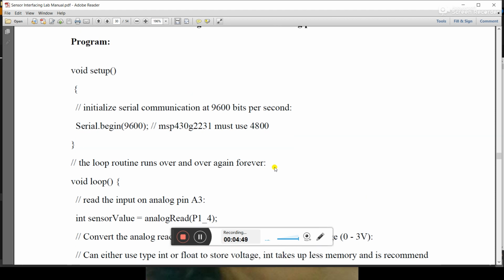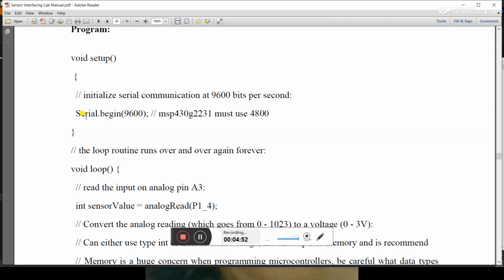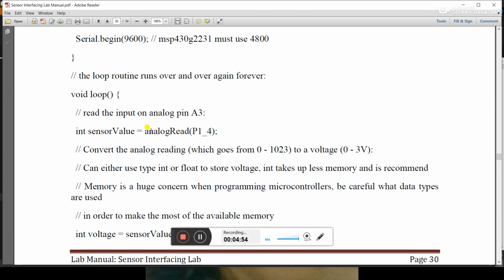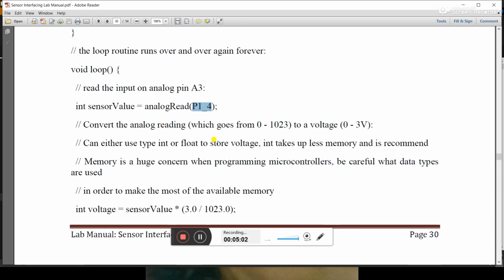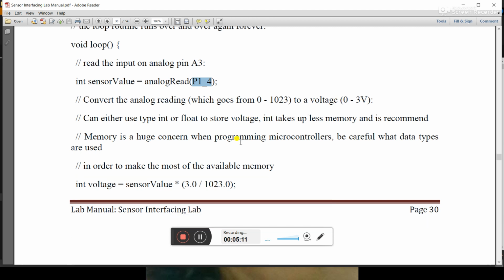Here is the code, and here you can see that we are beginning the serial, and now we are reading the value from the sensor. Here we are reading the value from P1.4. It also works as an analog pin. So for the analog reading we are using the 0 to 1023 value, and we will use 0 to 3 volts.